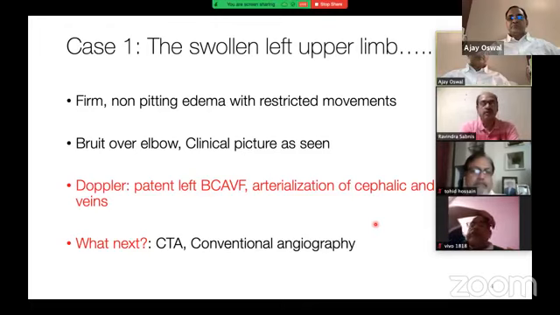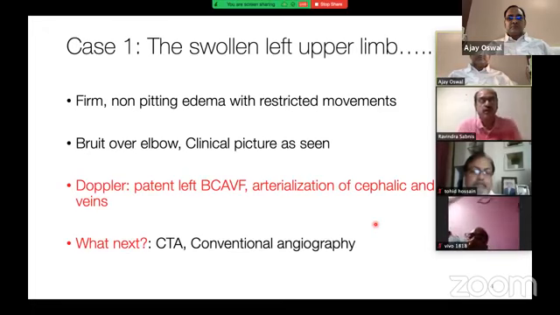We do the venography, see where exactly the stenosis is, and if you dilate that stenosis, then the edema and other things will subside. Apart from, of course, elevation and crepe bandage and all those things to be done. But correction of the stenosed segment will relieve the edema, and that I think is the treatment for this person.